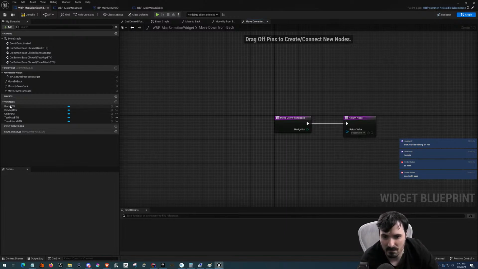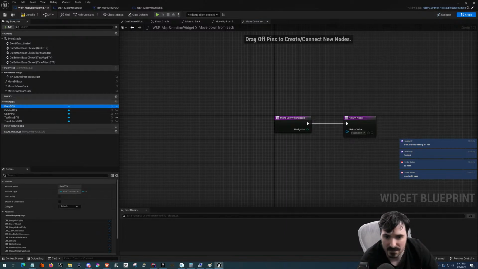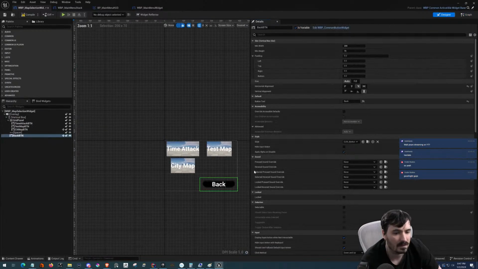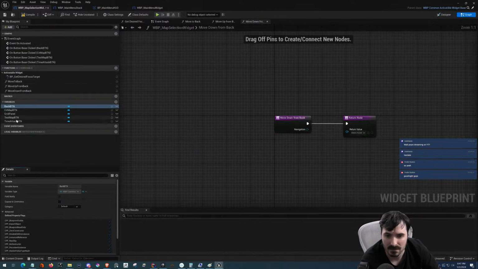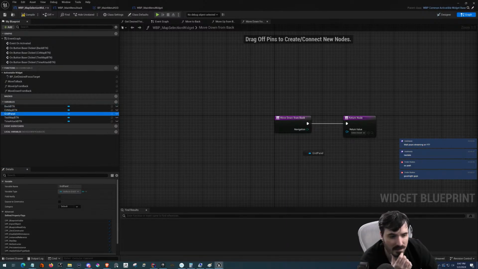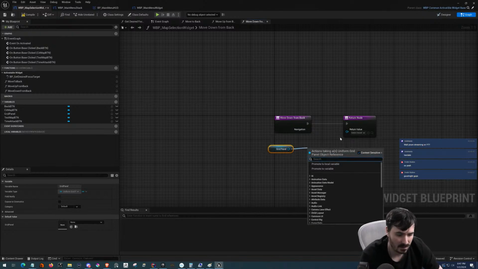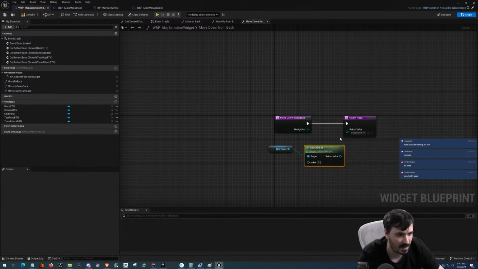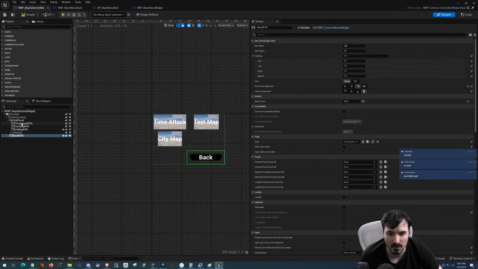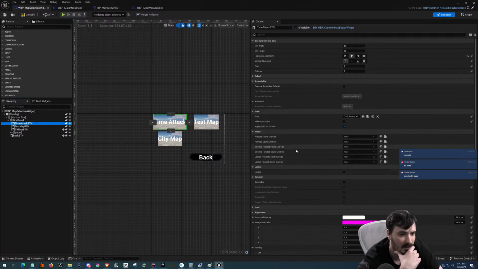I'm going to do it anyways. This is time attack. But what I'm going to do is I'm just going to do grid panel, get child at index 0. There. And then if we go back to the designer, we can go from here and we want to do